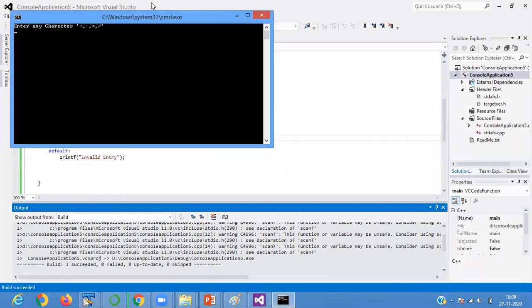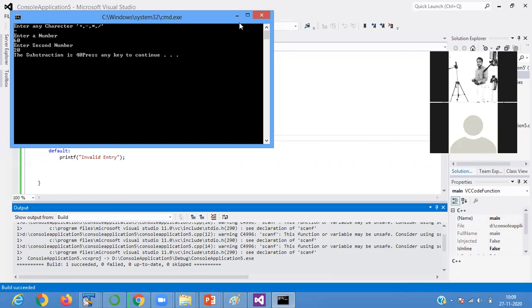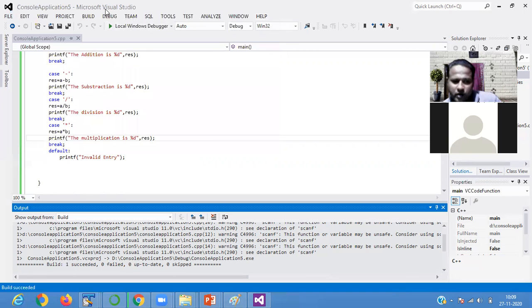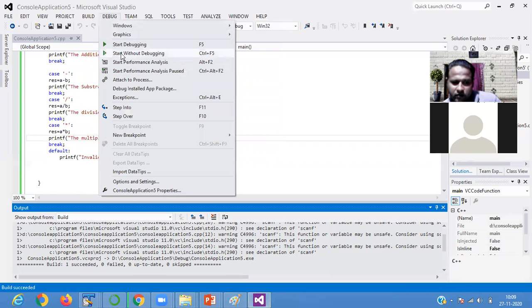Okay, so it is asking for any character. Suppose I am passing here minus, then it is asking you for a value, 60, then I am passing here 20, then it is showing you the subtraction is 40. Clear? Yes, clear. Now if I pass another value, suppose I run the program again, debug, start without debugging,